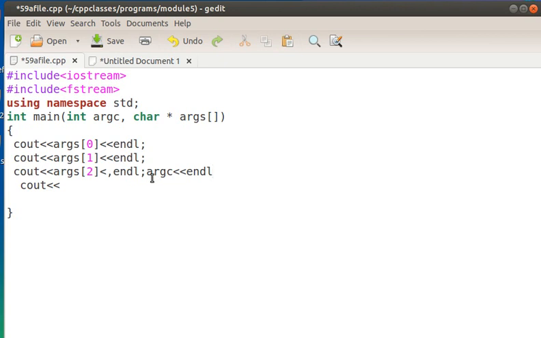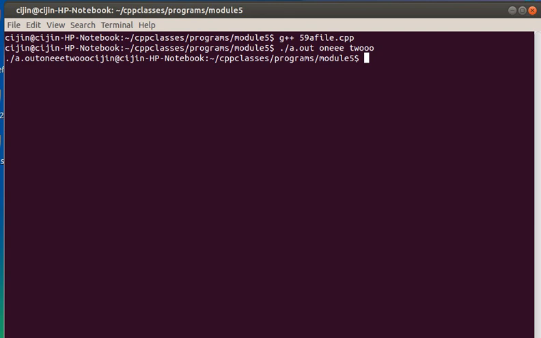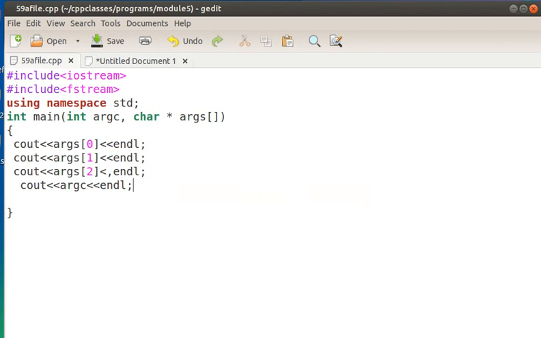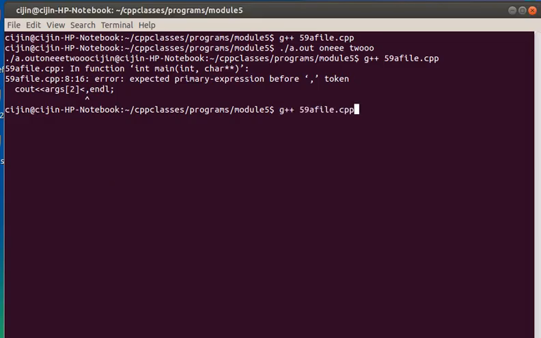What happened? So we are printing the arguments and their count. Compile error.